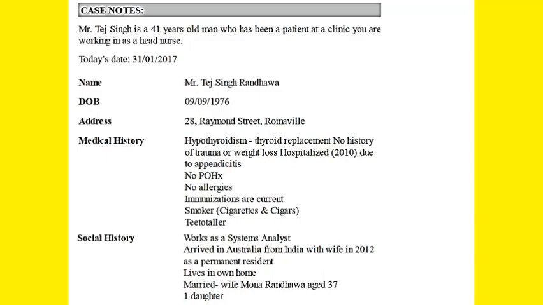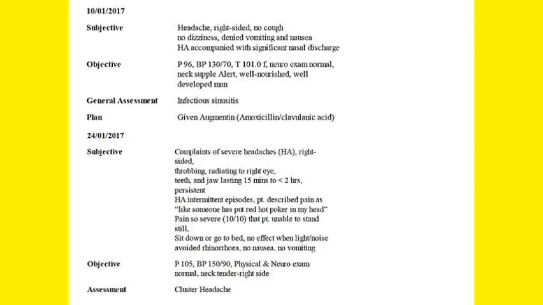Then a little bit of social history is mentioned about the patient, saying that he is a system analyst. He arrived in Australia with his wife in 2012 as a permanent resident, and lives in his own house. His wife, Mona, is age 37, and he has one daughter. So that is some social history. Now, if we go to the next page, we have some dates mentioned. So on the 10th, what happened is